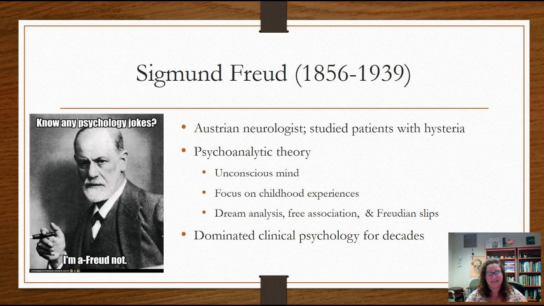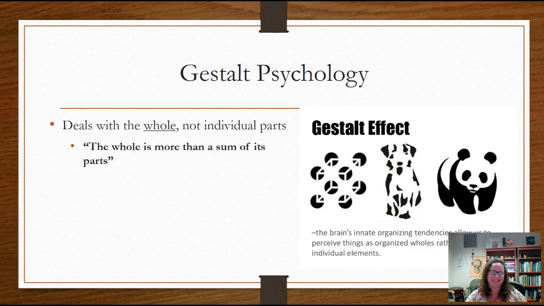His perspectives really dominated psychology for decades, and a lot of people are not so sure about Freud. A lot of people find his work very controversial, which we'll get more into as the course goes on. But there's an important quote about this, which is, if we have seen further, it's on the shoulders of giants. So sometimes, Sigmund Freud may have just made people angry with some of the stuff he said, and that made them do more research to prove him wrong, which then furthered the field of psychology. So sometimes, just having that person who is controversial will help to stimulate the field.